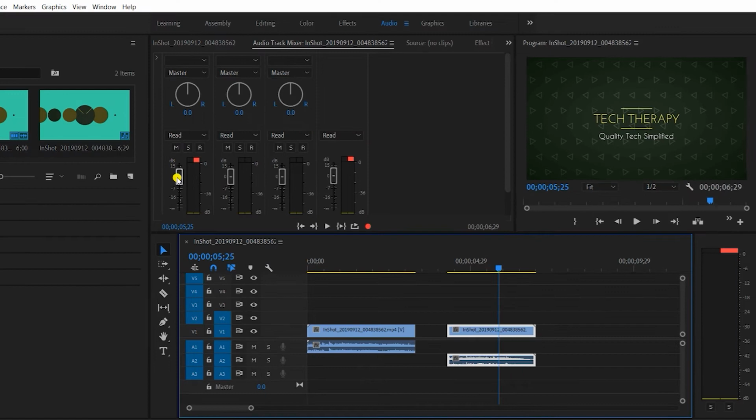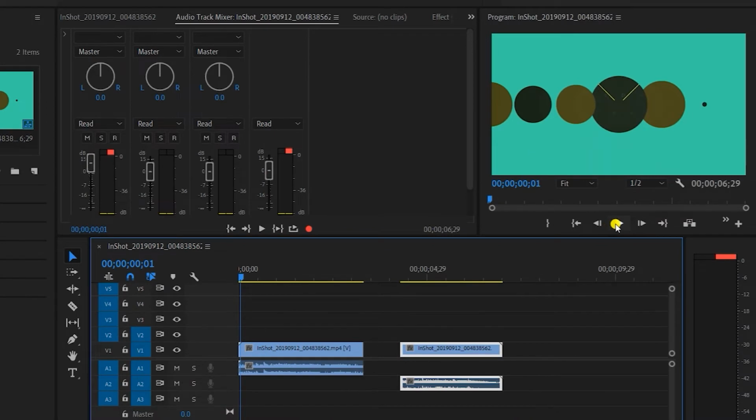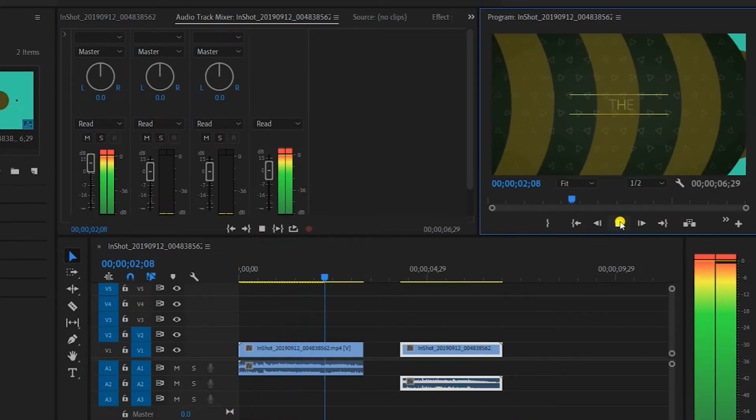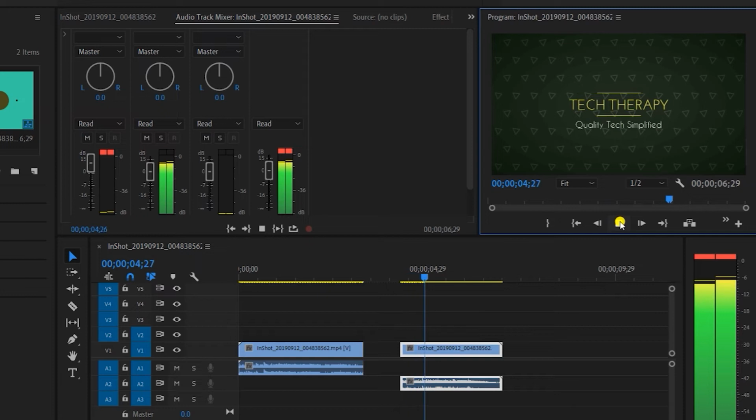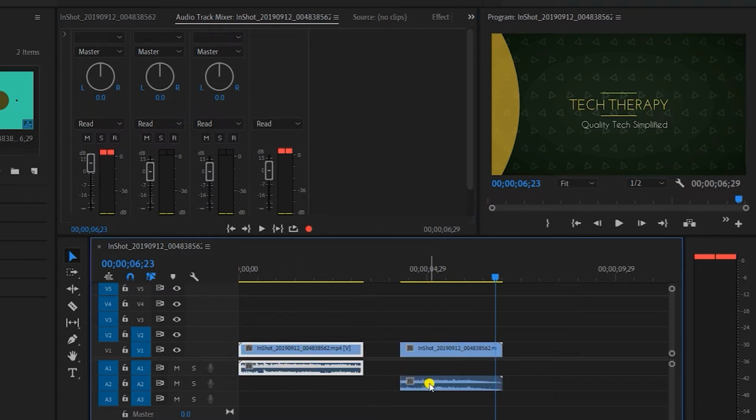Now we'll increase the decibel. Let's see, I think it's around 7 or 8 decibels. You can also specifically set the decibel number by putting the input over here. So right now we increased the decibel of audio 1 by around 8. Now let's check it. As you can see the difference between the two audio tracks, the A1 track has a higher volume than the A2 track. This way you can control the volume of each and every track as well as the specific clips. By Control Z, let's get back to normal.